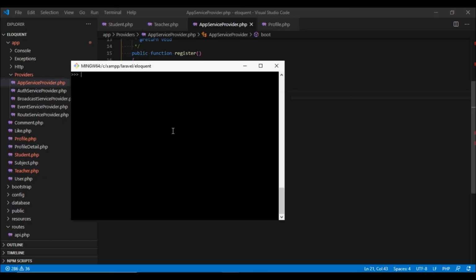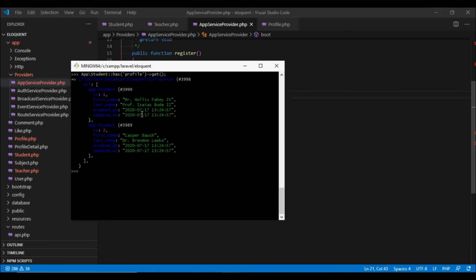In order to get the students which have profile, we can use the has method. We are going to pass it the name of the relationship, and we use get, and Laravel will automatically fetch all those students which have the row in the profile table.